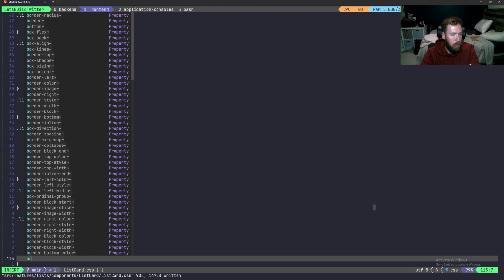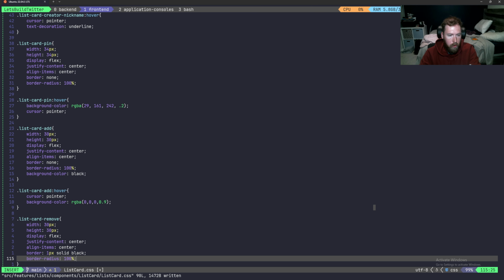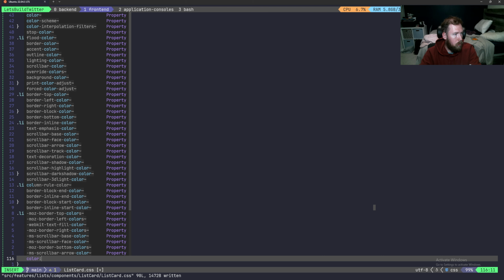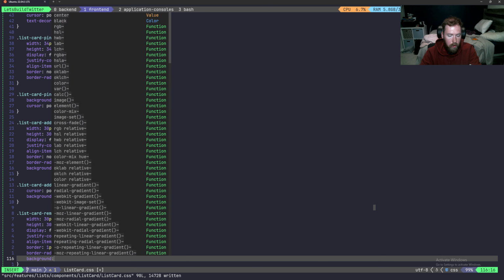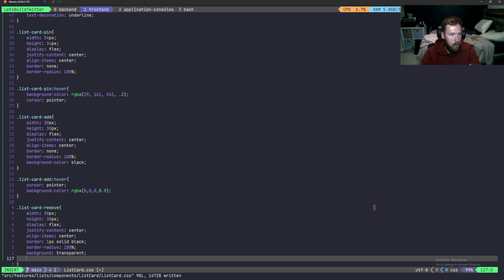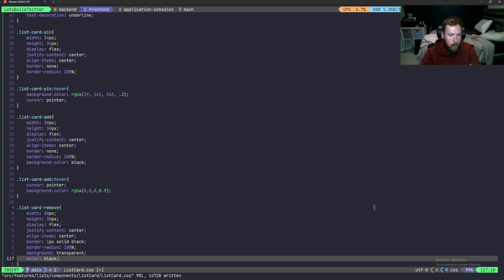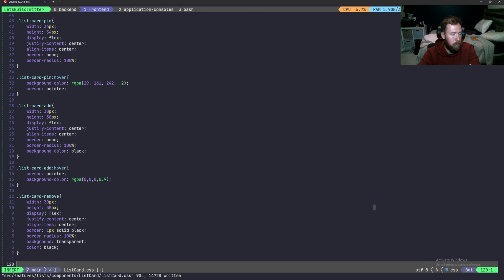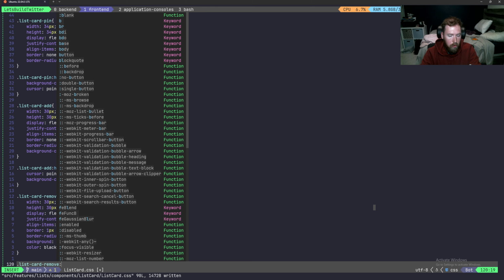Inside here we'll have a border-radius of 100% to make it a circle, and then we'll actually have a background first, background of transparent, and then we will have a color black to make sure that our font is black, and then a list-card-remove